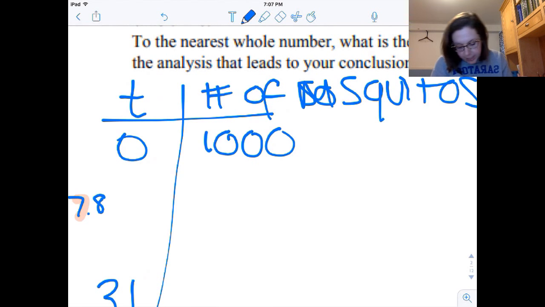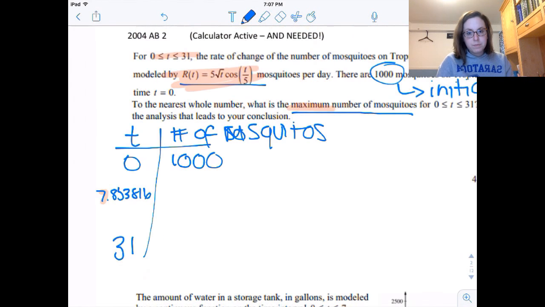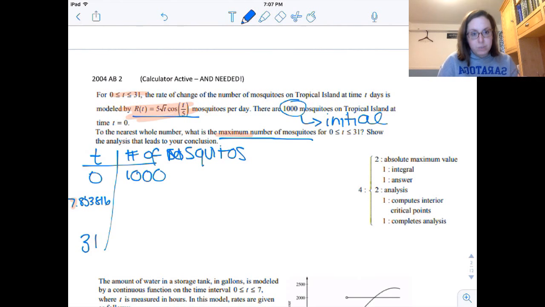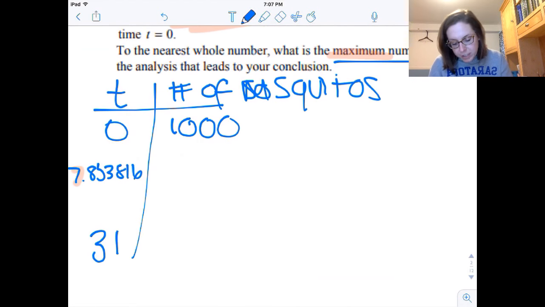7,853,816. Okay? And now I need to find what the value of mosquitoes were there. So anytime I'm given a rate and I want to find an amount of something, I'm talking about initial plus net change. So my initial is 1,000. And then I'm talking about the integral from 0 to that